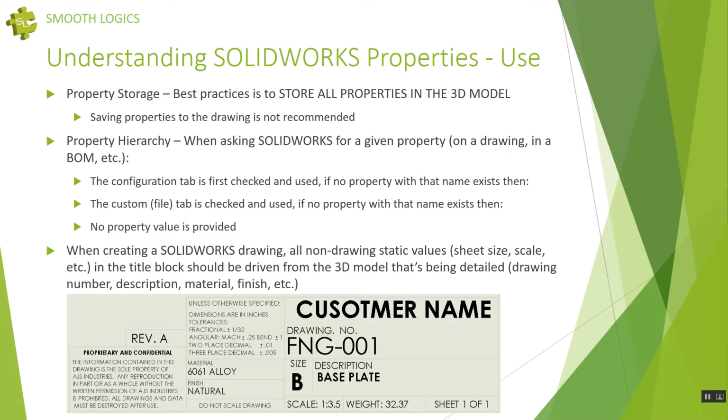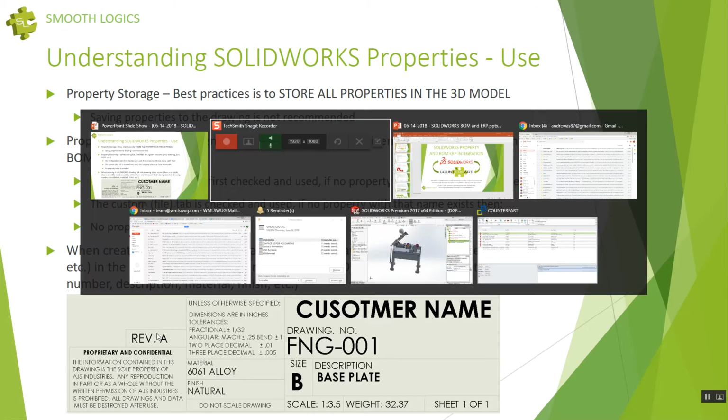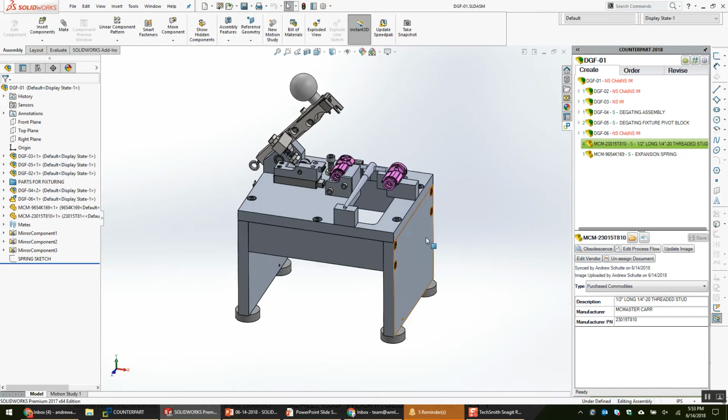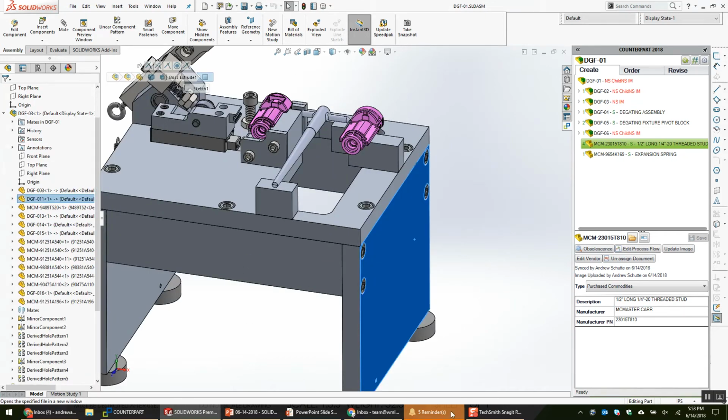When we use the properties in SOLIDWORKS, for the most part, 99 percentile, they are stored on the 3D SOLIDWORKS model, and then the drawing looking at that model references those properties. So in this title block, for example, this is the file name, this is the description that's in the 3D model. This sheet size is specific to the drawing, and you have material and finish and revision, and so forth. We can quickly see that here, where I open up this part,